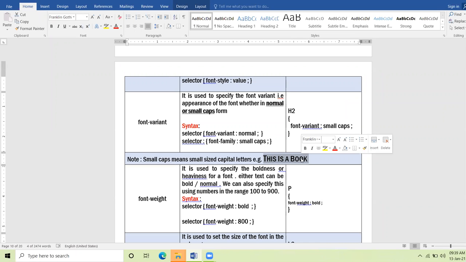Now see the text which I have shaded. The first letter is capital, bigger size. The rest of the letters are less in size. They are shorter as compared to the first letter. The first letter is in bigger size, in capital. The rest of the letters are also in capital, but the size is smaller than the first letter. Am I totally clear up till here?